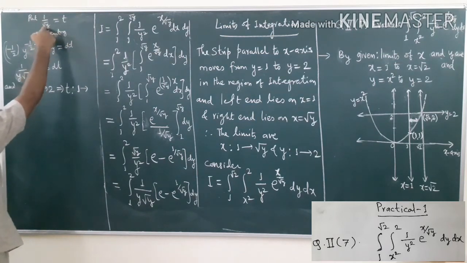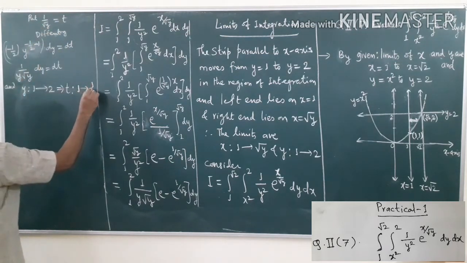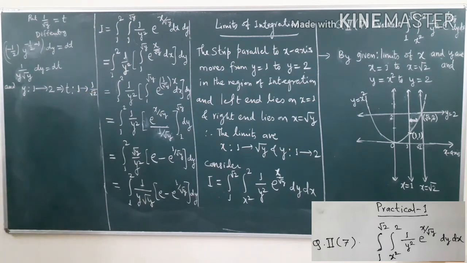Put y as 2, so t runs from 1 to 1 upon root 2. Therefore, our integral I now becomes, I is equal to integral with new limits 1 to 1 upon root 2,